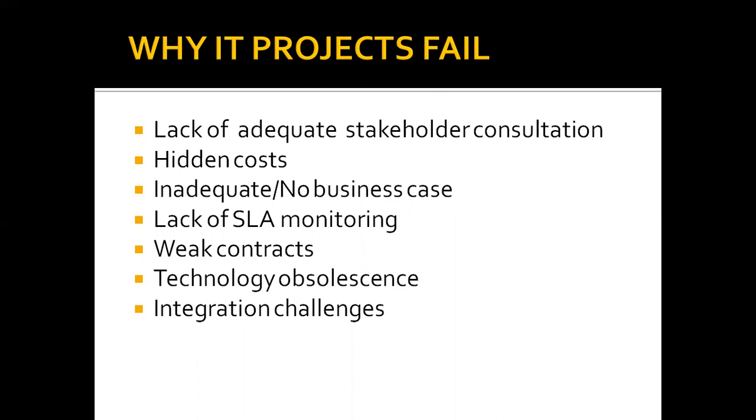Then IT projects often have hidden costs that may not have been envisaged until you start. That's why we always try to emphasize what we call TCO, total cost of ownership. So we should place a lot of emphasis on the total cost of ownership of projects. Before the project even starts, a team needs to sit down and analyze the project phase by phase, so that we have an idea of the entire cost. So it's not that when we get to the middle, we now start encountering costs that we didn't envisage before. And that might be discouraging and might lead to project abandonment.